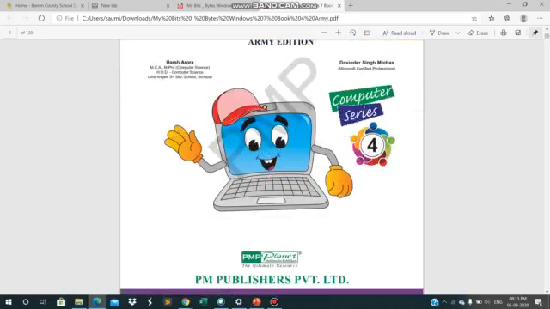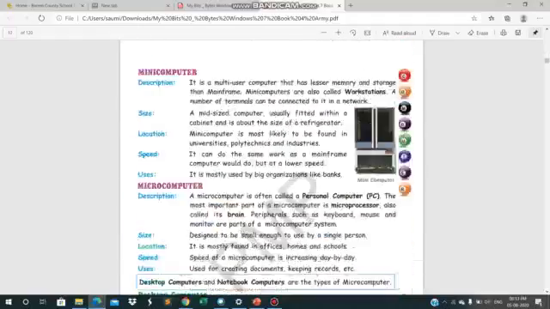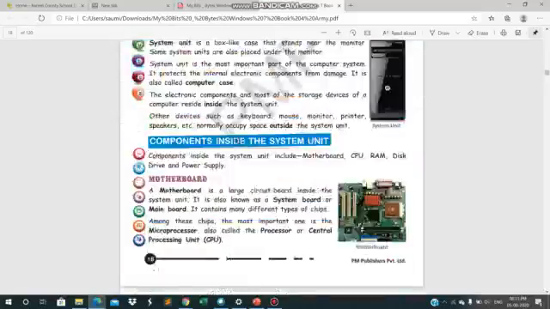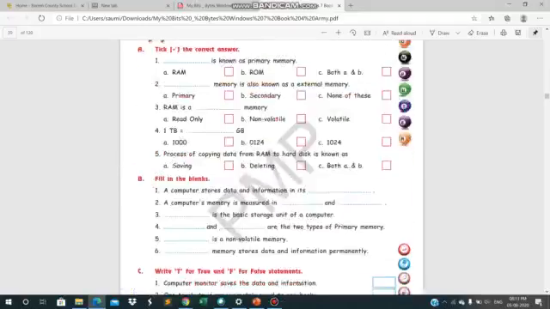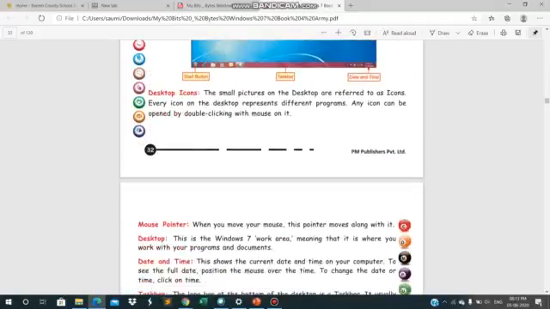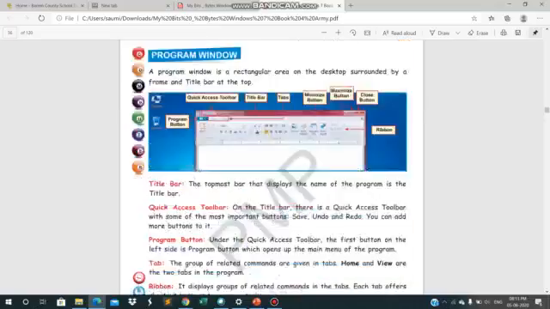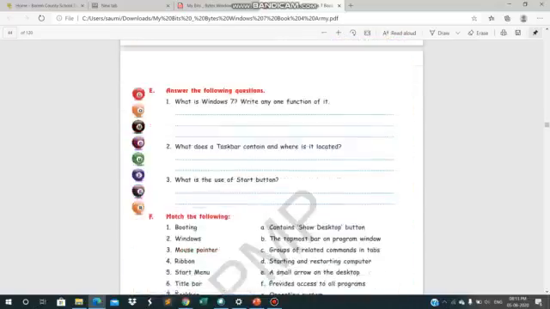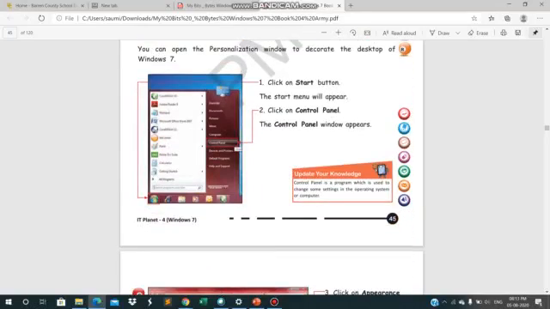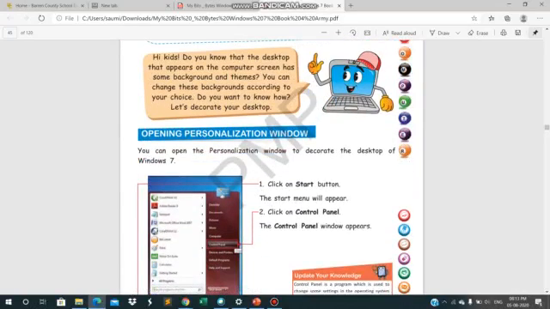Now let us see what else is given in our book. Okay, so this is the class 4th book.